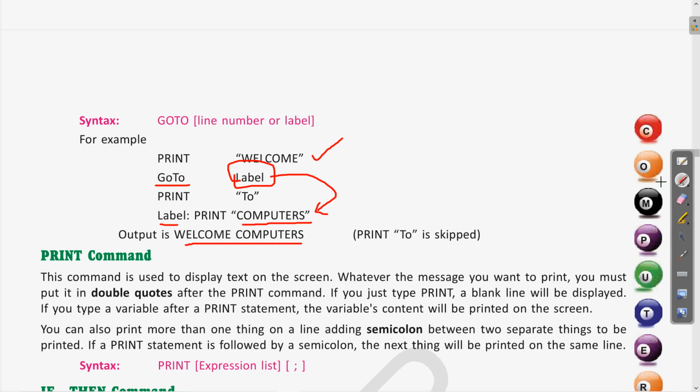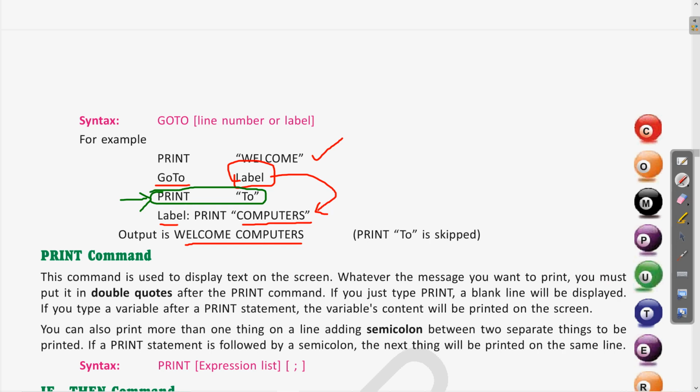Here you can see there is a line in between. Okay, let us change the color. So here in between you can see that it is written print 2. So as the program moves from the second line, that is go to label, it comes to this one. Clear? So that is why this print 2 has been skipped.